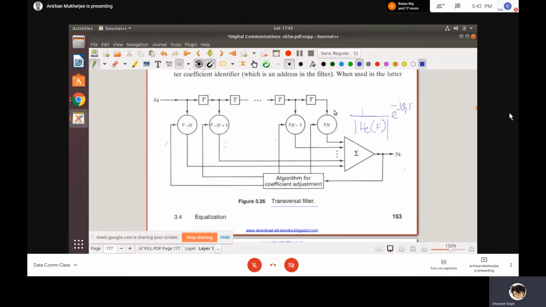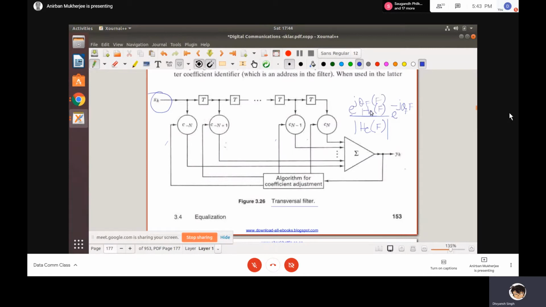And when you are multiplying with this, because the input is already channel degraded, this is the channel degraded input, and in the channel I have some